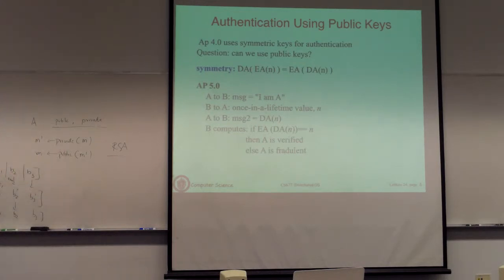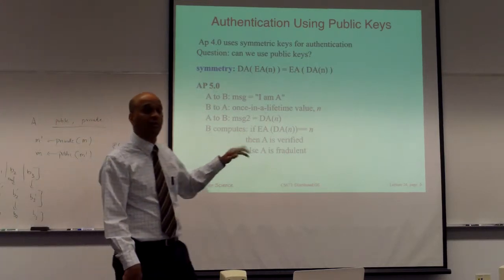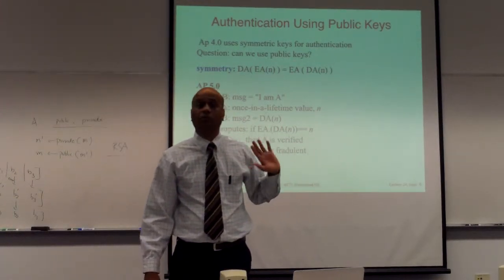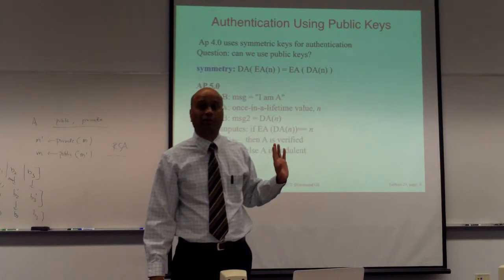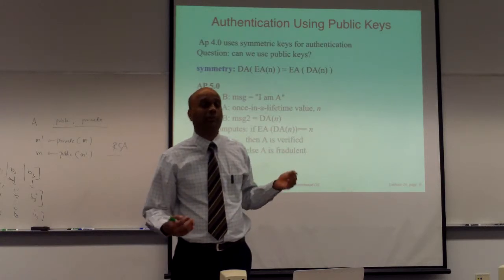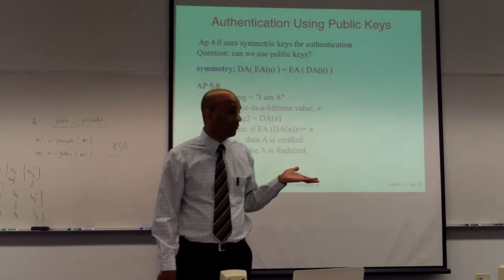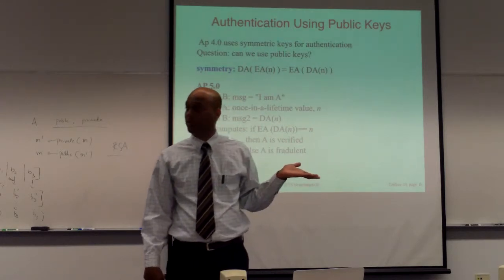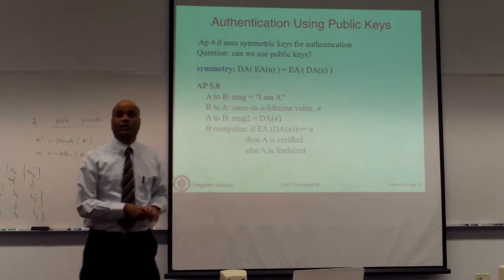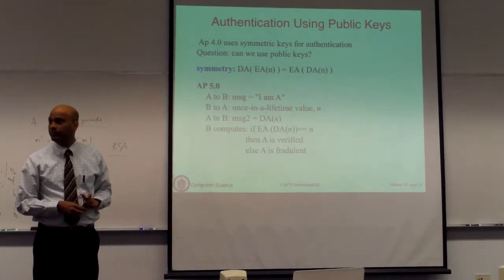So if you are sending a message to someone, you can use their public key, which you know, encrypt it, so that only they can decrypt. Because the private key is only known to that party. So if I want to send a message to a colleague, I will use their public key, which everyone knows, including me, encrypt the message, send it to them. And I'm assured that only they can decrypt it and figure out what the contents are, because only they know the private key. This is how I will send an encrypted message to someone.